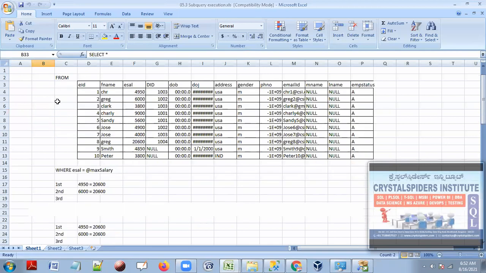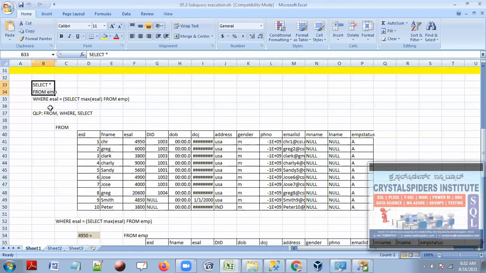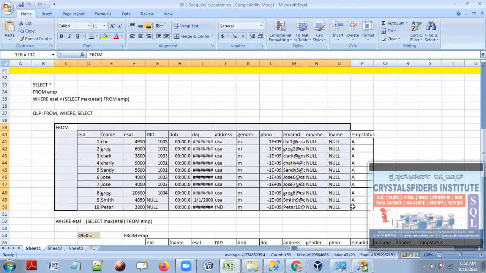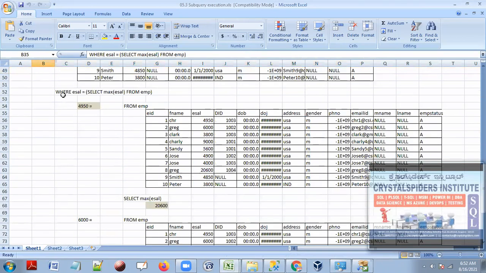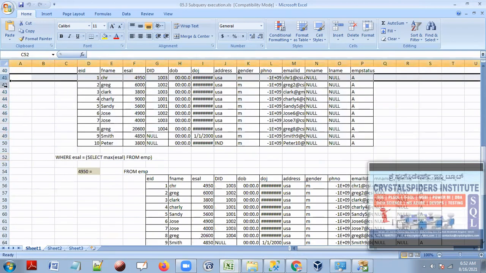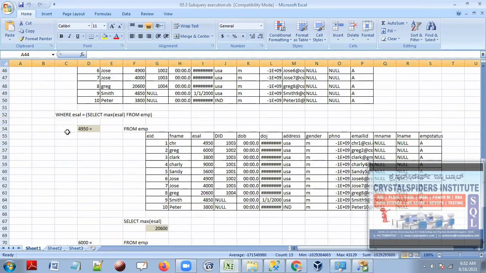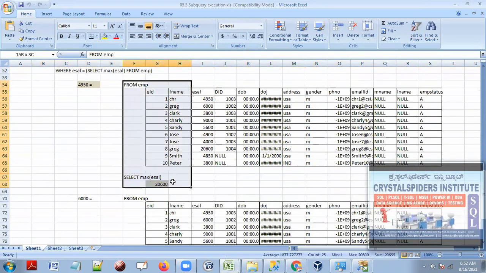See, when it comes to the execution phase, guys, this is what we are already aware of. This is the subquery, and it takes the data from the employee table. This is sample data and the where clause. When the where clause comes, you see that where salary is equal to, the where clause will go to each and every record here and apply that condition. What is that condition here? The salary from the first record is equal to this max salary. So now it is going to execute this query. Max salary is 20,600. This one is equal to this one? This condition is false, guys. 4950 equal to 20,600? This condition is false.